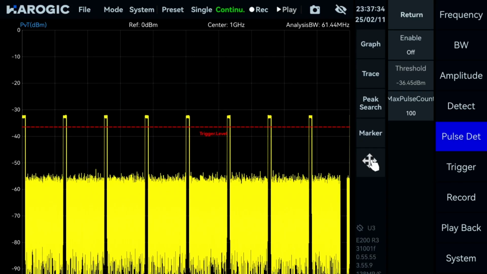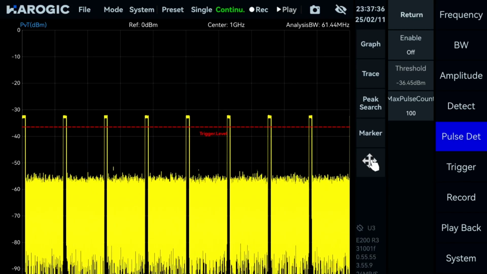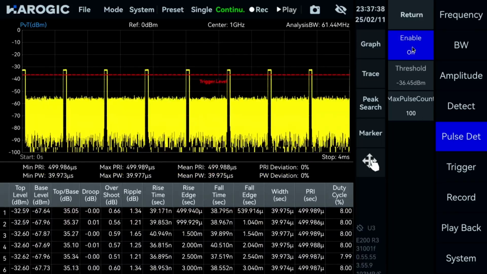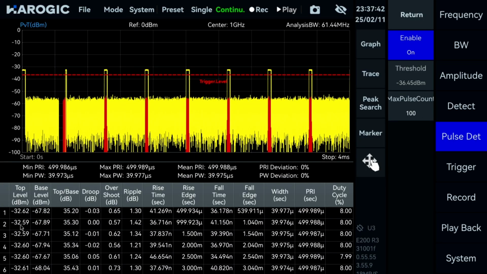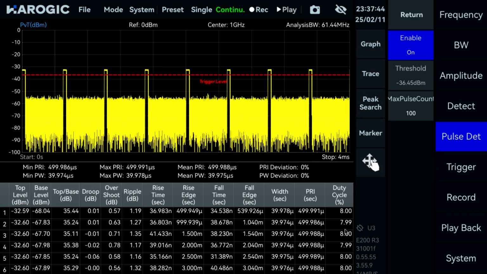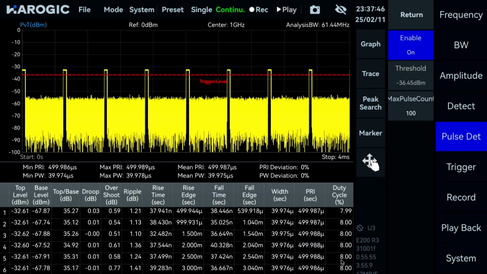So that means a duty cycle of 8%, for example, here. Let's just enable it and see. Here we can see the pulses, the duty cycle that we are expecting. So that's kind of nice because,